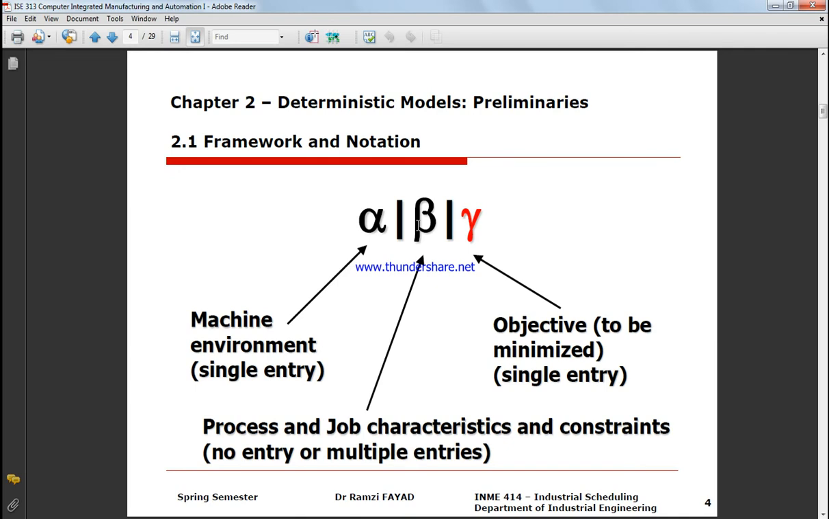So we have the machine environment. Okay, is it a single machine? Is it identical parallel machine? Open shop, flexible flow shop, job shop, flexible job shop? Then the characteristic of the job, which is beta. Are you going to preempt, like interrupt the job? Is it based on the release date, earliest due date? And we have the objective. The objective is the one you use in order to keep in mind what's best to optimize the